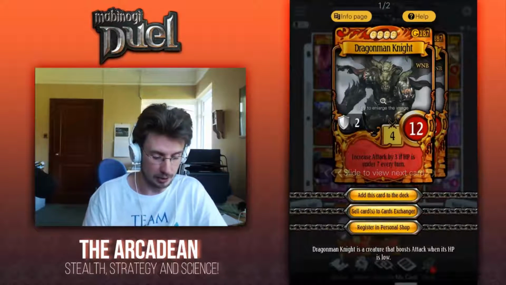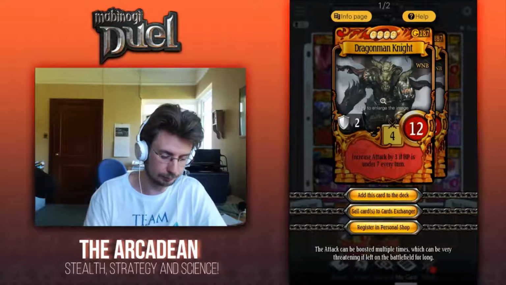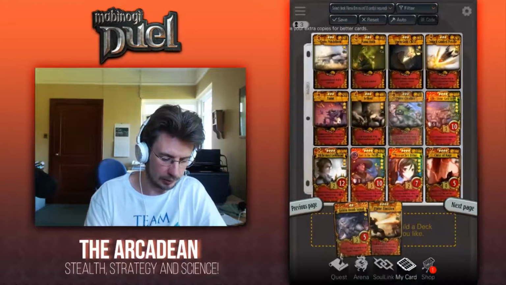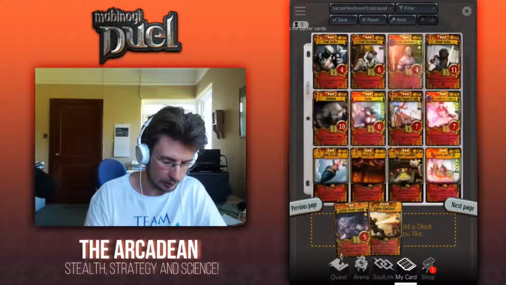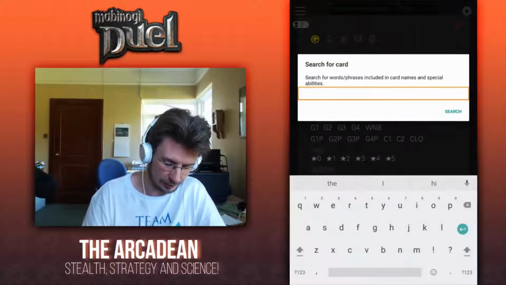And since we have Dragonman Knight right here, and you can get these in the pre-release boosters, we'll just add that. Although actually, no, since it's pre-release, you won't have access to it necessarily. So let's grab a barbarian instead. I don't feel like searching for it. I know, for some reason, I can never identify these things by sight. So we'll just...